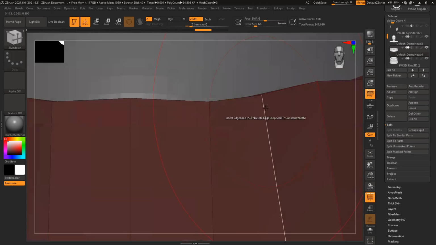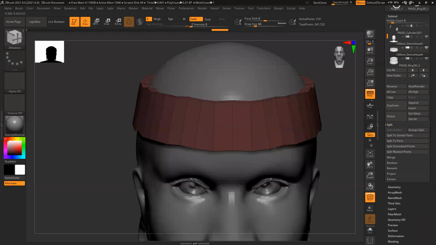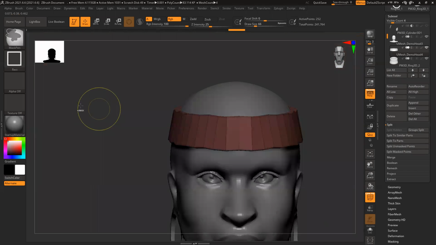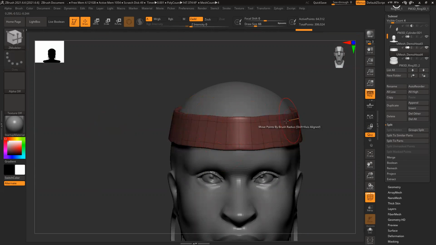border. Two loops. I can do it, but you see it's not very clean or even. It's really uneven.